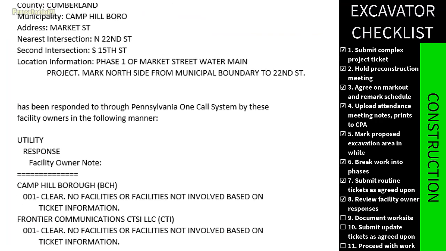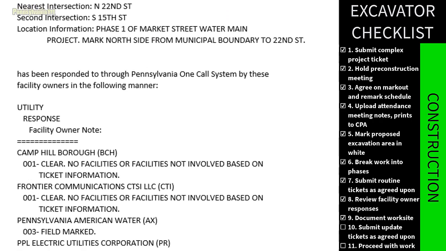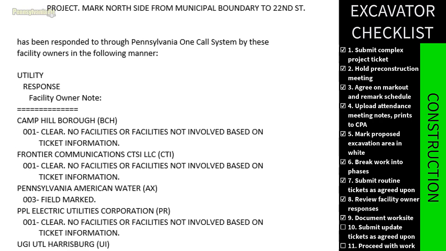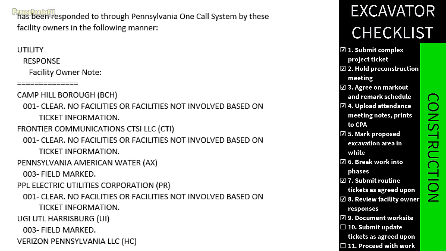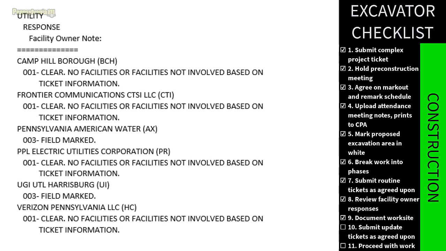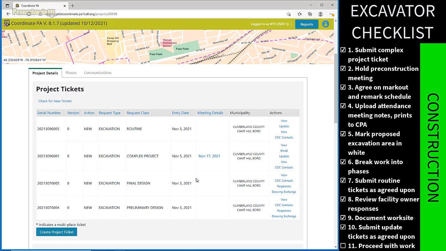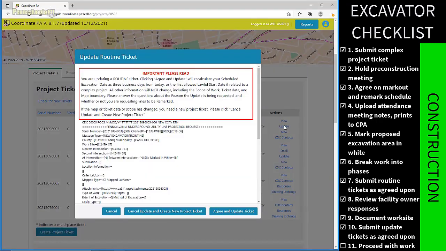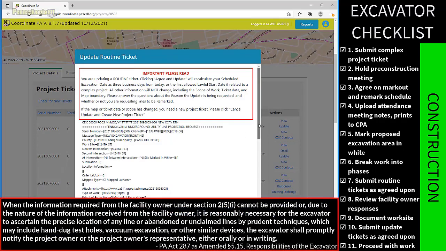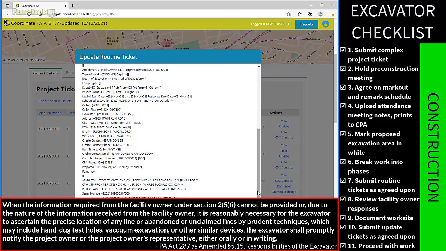I will review those responses and head out to document the worksite before beginning excavation. If all of the utilities have been marked, I may proceed with the work on my lawful start date. I'll come back to CPA to submit update tickets as needed or agreed upon to have sections of the worksite remarked. If information required from the facility owner cannot be provided and my crew needs to ascertain the precise location